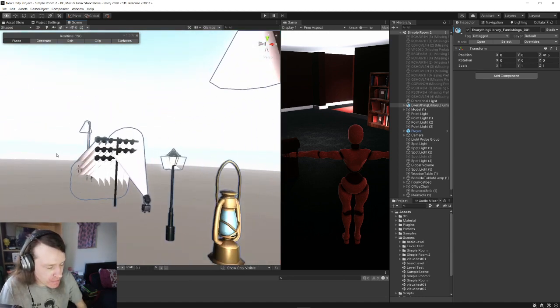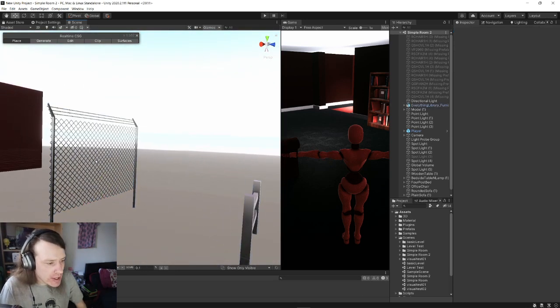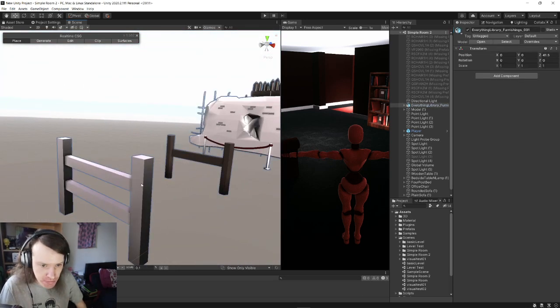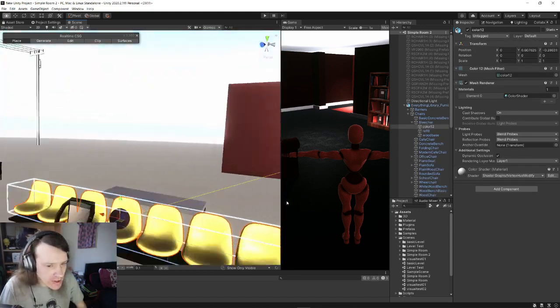So, but there was one issue. These models, if we have a look at one of them, they're a bit finicky to select. So these bleachers here,